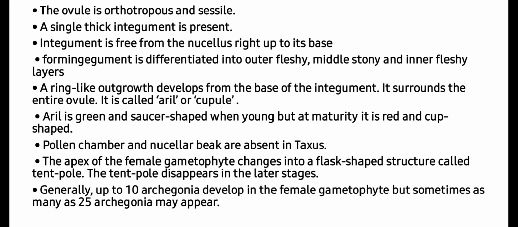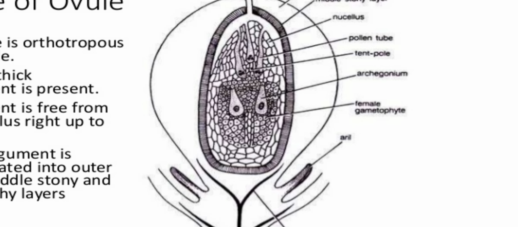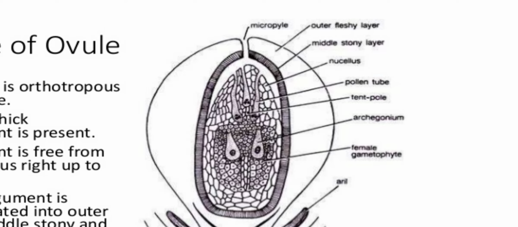Pollen chamber and nucellar beak are absent in Taxus. The apex of the female gametophyte changes into a flask-shaped structure called the tent pole. The tent pole disappears in the later stages. Generally, up to 10 archegonia develop in the female gametophyte, as I told you earlier, but sometimes as many as 25 archegonia may appear. Here you can see the enlarged structure of the ovule, and you can see the micropylar end